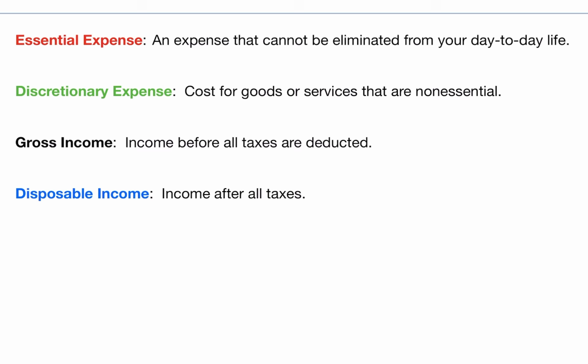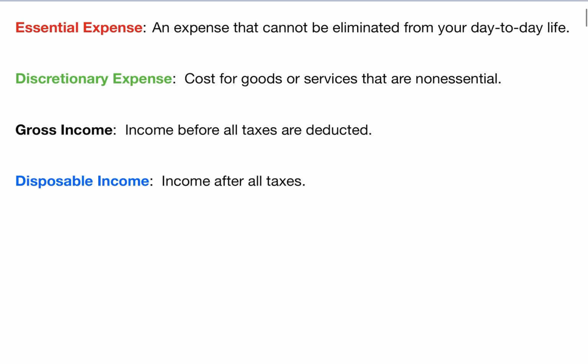Non-essential. Two other terms that will come up later on, not necessarily in this lesson, but in other financial areas, are gross income and disposable income. So when we use the term gross income, this is income before taxes are taken out or deducted. And then disposable income, this is money that you have available to spend after taxes. Okay, so those are the differences. Gross is before taxes, disposable is after taxes. So let's go ahead and move on